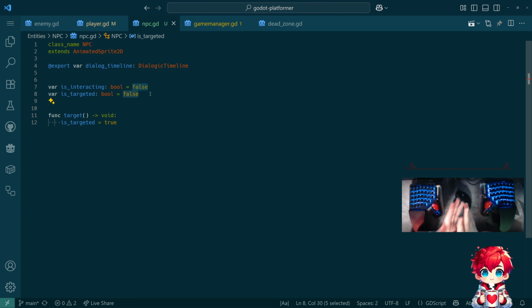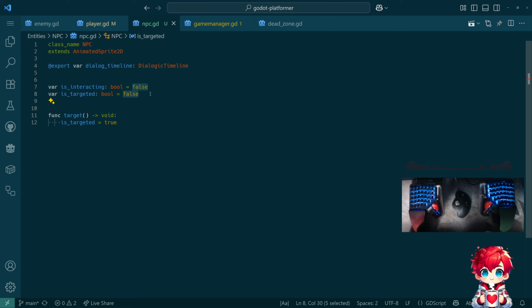How does that happen? The raycast 2D on the player is going to only collide with NPCs. So it's going to have the node of the NPC, so it'll be able to call a method on it,